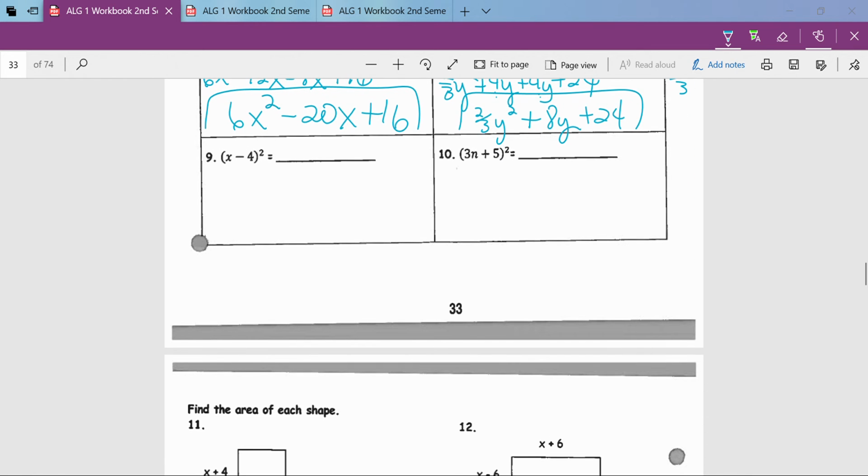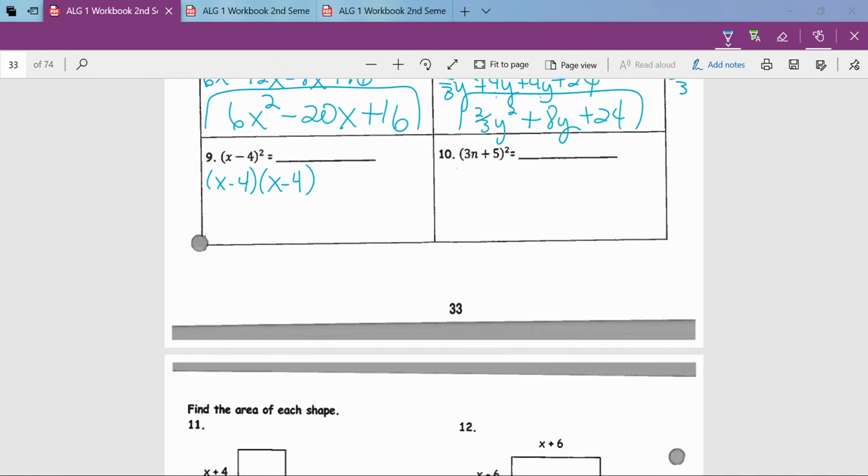On number 9 and number 10, you have a binomial being squared. Well, when it's a binomial, you have to write it twice. It's not properties of exponents, okay? Don't get that confused. So if it's raised to the power of 2, it means to multiply it times itself twice. If this had a power of 3 or an exponent of 3, then you would write this